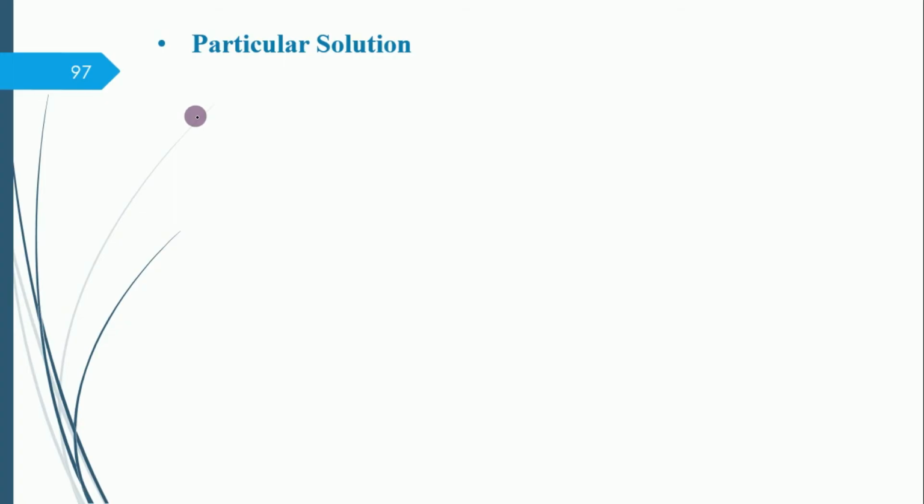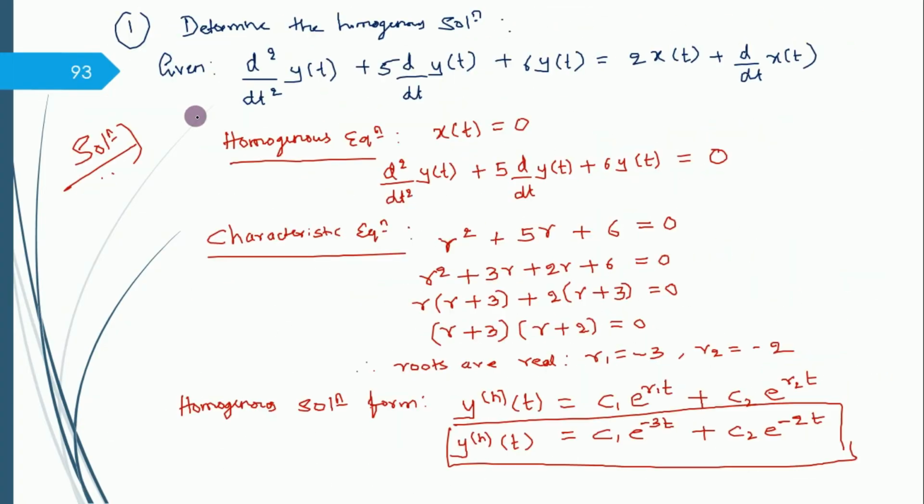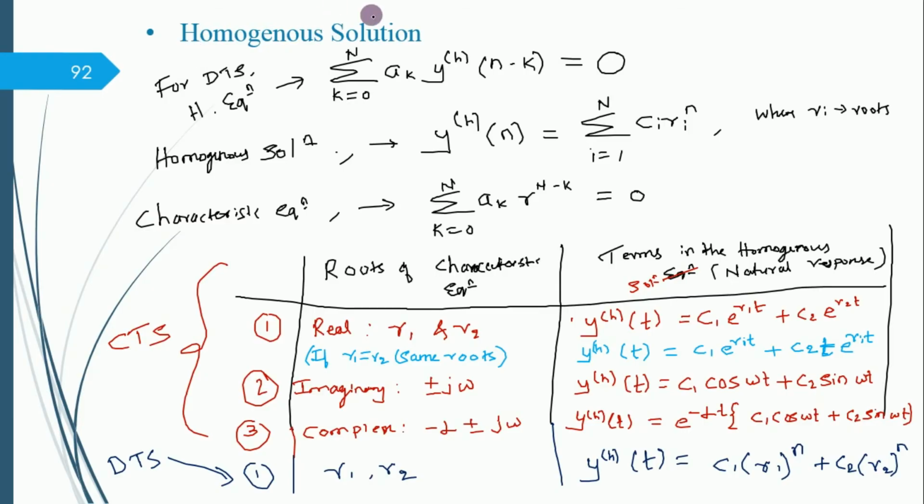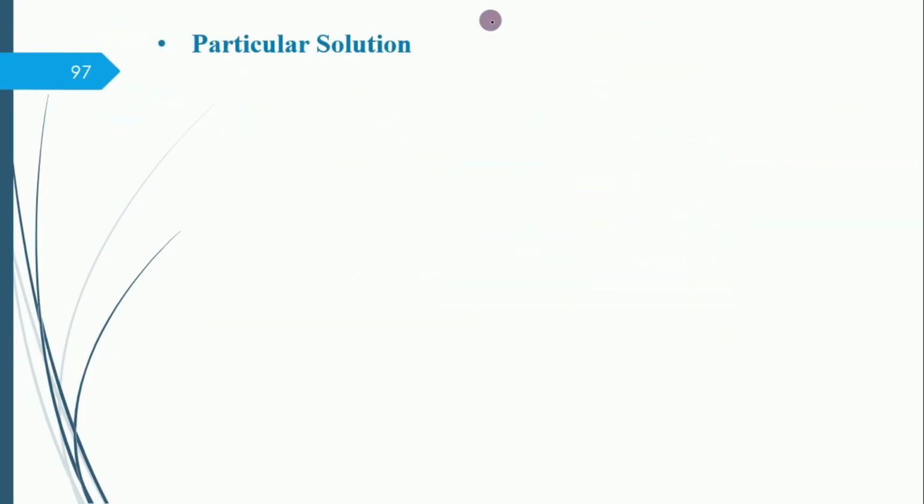Let me write it here. When no input is forced, this is the homogeneous solution. Here the input is given or provided, and that will get me the particular solution. So let us take what kind of input I supply, and what the particular solution will look like. That is what we look into.